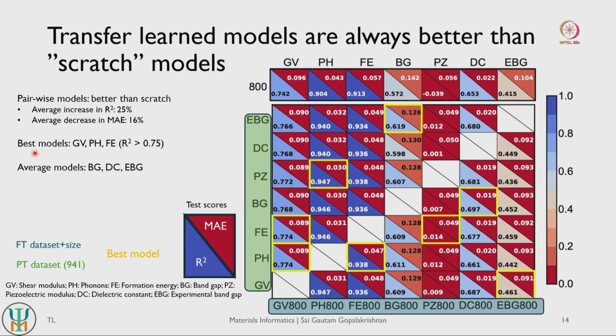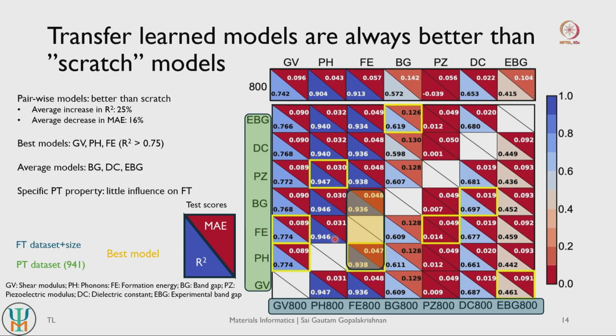And the best models, both transfer learned as well as scratch, we get for data sets that are more normally distributed, and for data sets that are more skewed in distribution, we get more average performing models even with transfer learning. So the distribution of data points plays a fairly important role in the performance of your transfer learned models as well. There are a couple of other interesting trends that we observed.